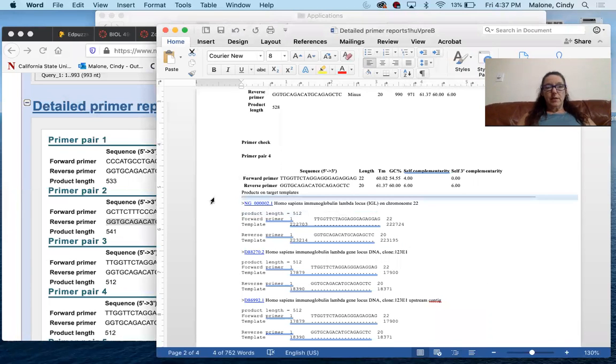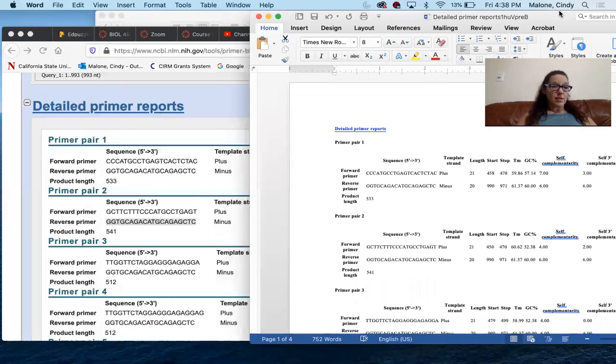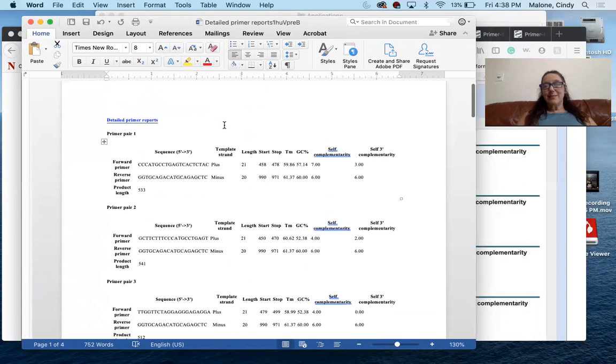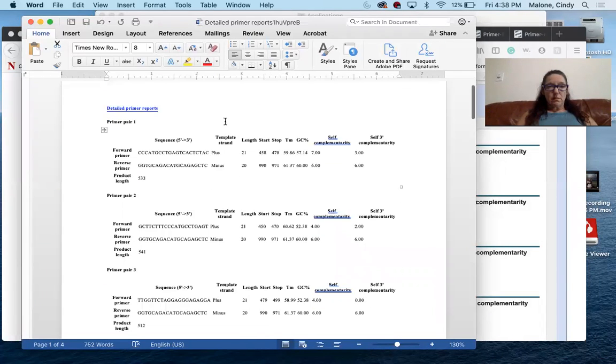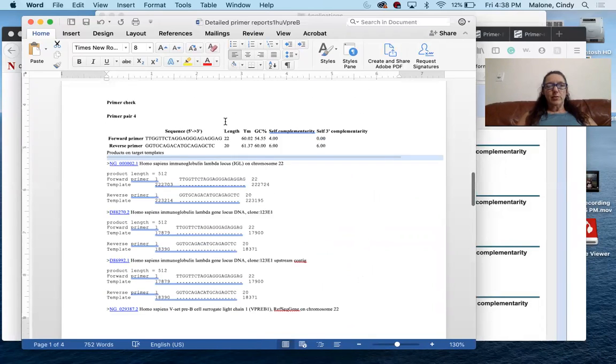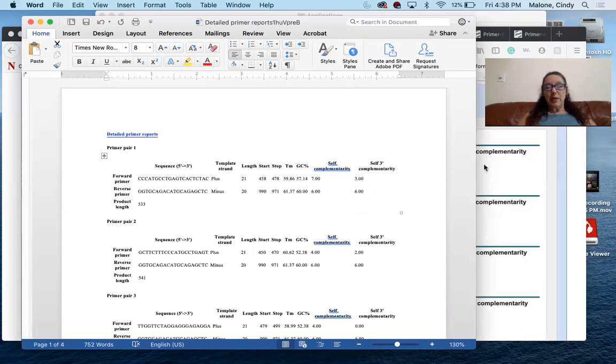And then, here's the file I want to show you guys. Here is my primer pairs from this page, essentially, that I'm showing, covering it up. So I just copy and pasted and then made it font 8 so it all fit normal formatting. And then here's all those primer pairs that were found for me. Okay, so I copied those in there. And so then when I copy and paste